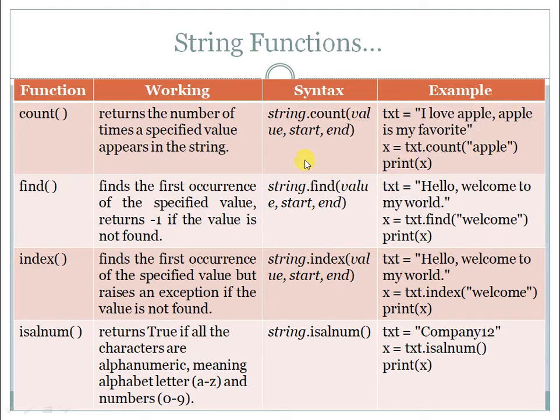But if you want to have a range for this checking, you can also specify the starting and the ending index. Clear? So if you want to check in the first 30 characters of the string, you can give 0 and 30 as the starting and ending bounds. But these two values are optional. Next we have the find function. It finds the first occurrence of a specified value. Please note, only the first occurrence, and it returns -1 if the value is not found in the string. You can also provide the starting and ending index if you want to limit your search to a range.